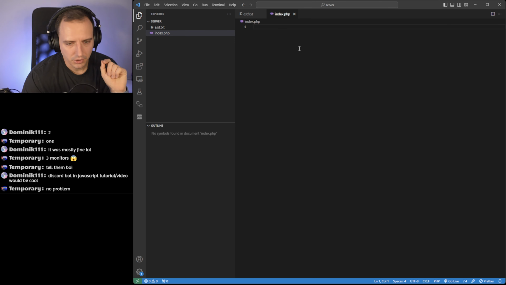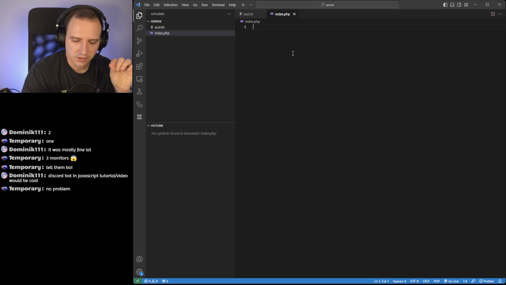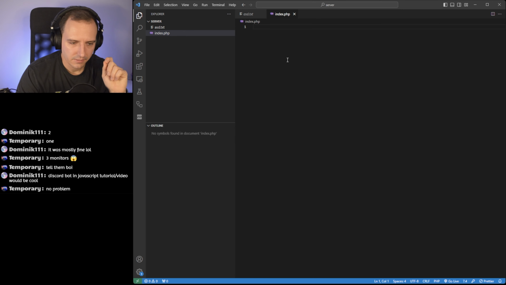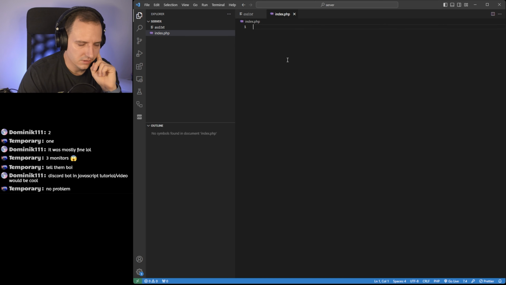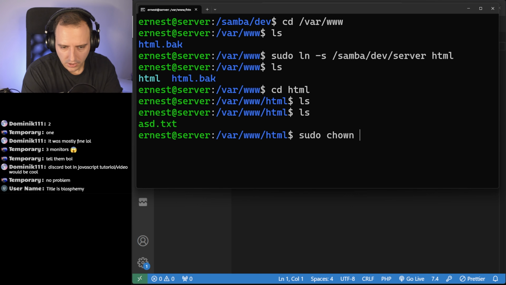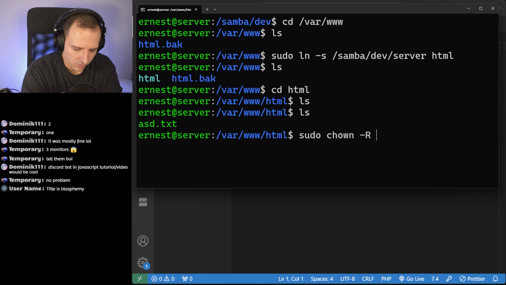One thing might be a problem is that when I would try to create a file via PHP, it might not let me, because the correct permissions and the correct ownerships of the folders need to be set. I don't think we are going to do file stuff at this very moment. To set the correct permissions, you usually need to run a chown command, which is like sudo chown. I call it chown. I don't know what the title is. Dash big R, which is recursive, and you're going to need to